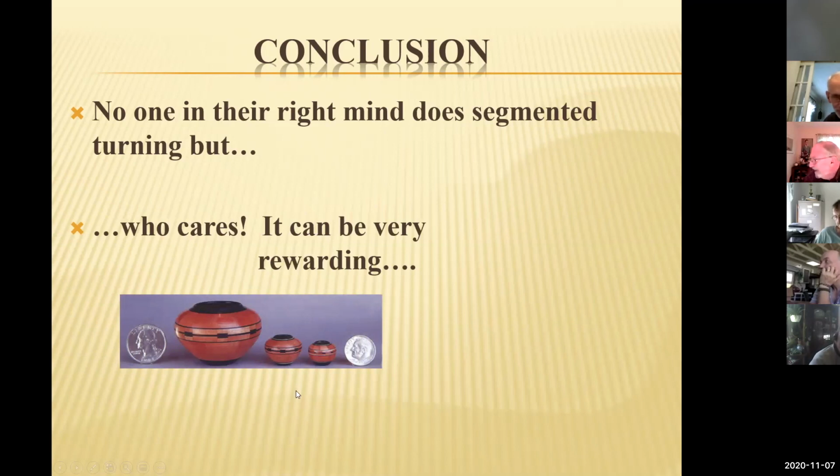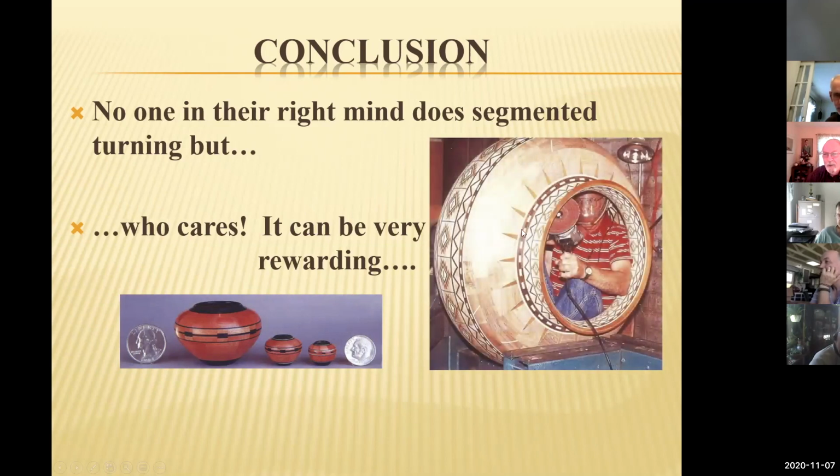This was, again, Malcolm Tibbetts who made these tiny pieces. Or if you really want to get into it big time, you can turn a bowl like this one. There's Malcolm inside, sanding the inside of this bowl that he just turned, this segmented piece. So the possibilities are really, really limitless for